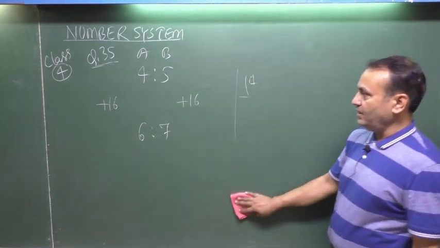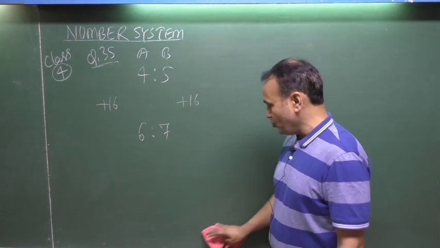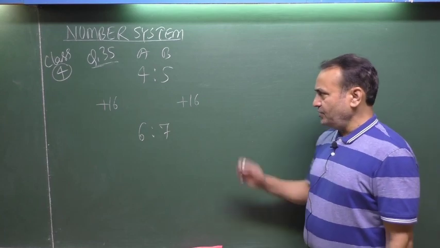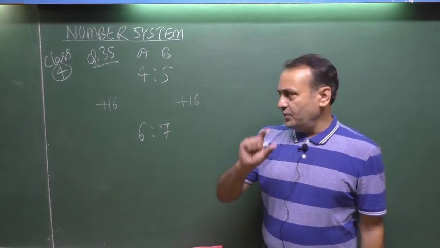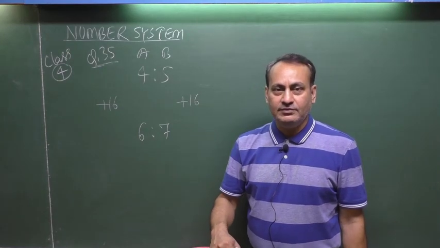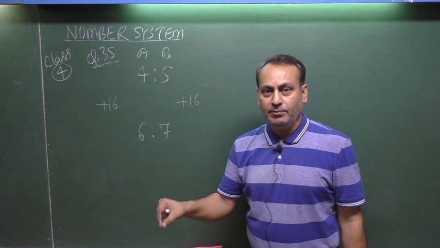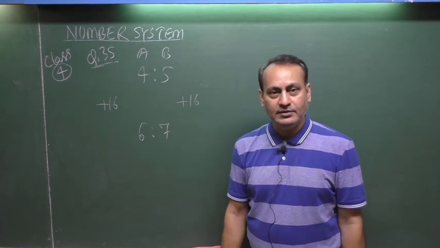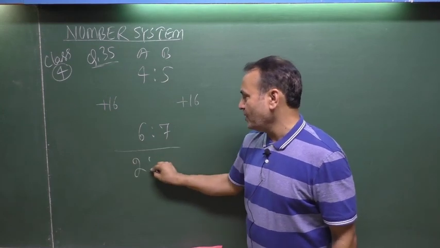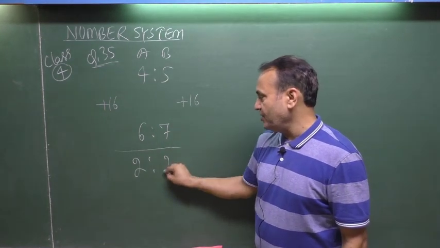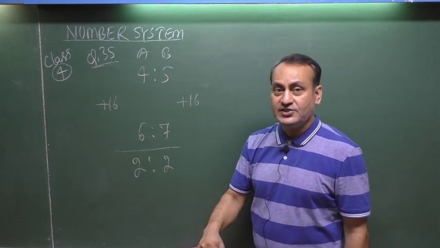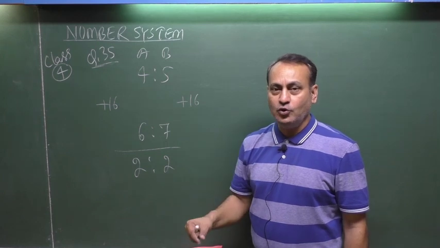Now come to the tricky approach for this question. According to the language, this trick must be applied here. Listen to the language very carefully. See here. Two numbers are in the ratio 4:5. After 16 is added to both the numbers, the ratio becomes 6:7. That means 4 became 6, an increment of 2. 5 became 7, an increment of 2. That means there are 2 units of increment on both sides as 16 is added to both sides.